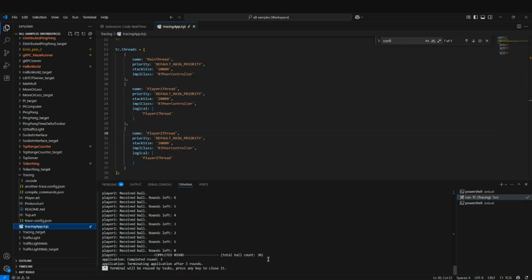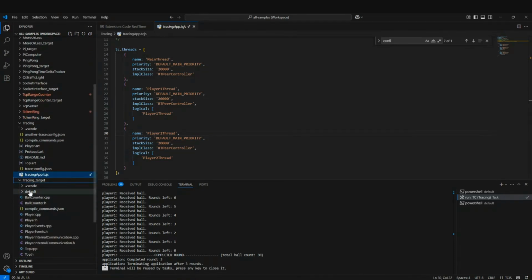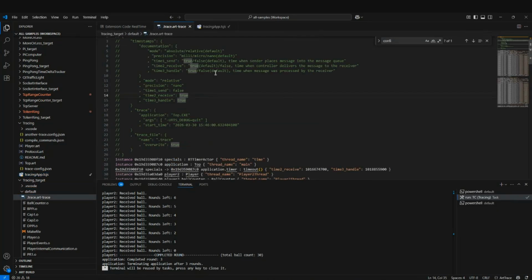And in the previous demo, when we did tracing, we always had to add some arguments to tell the application that it should capture a trace. That is not done here, and you can still see in the target folder that a trace file was produced. So then you may ask, how did this happen? Well, the answer is if we open the